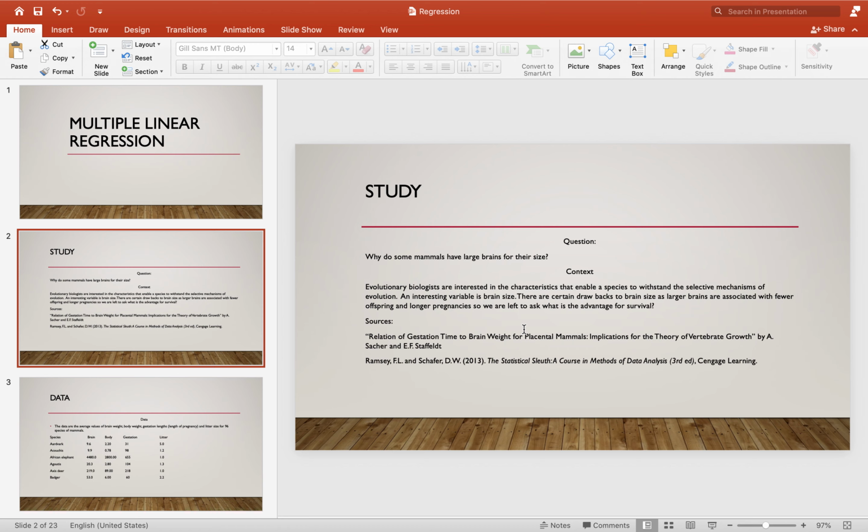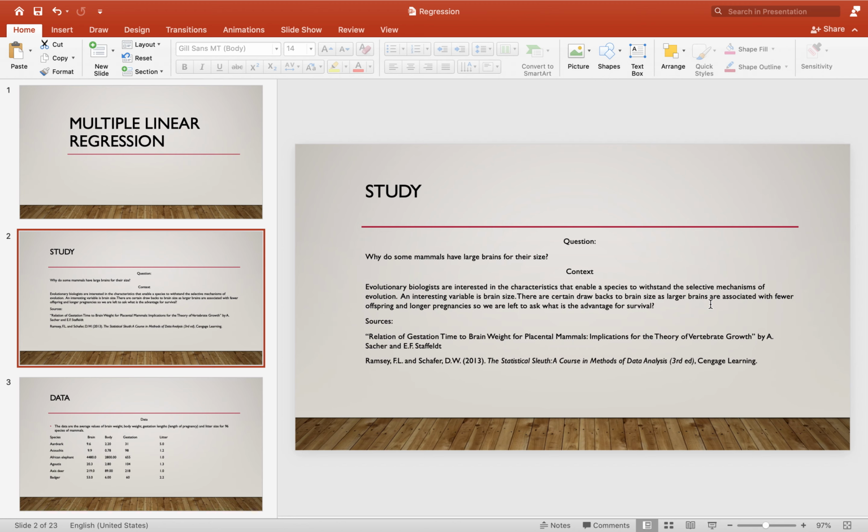Because the brain occupies a large space and it requires more energy the bigger your brain is. So the thought is, the bigger your brain is, the harder it might be to survive. And there are certain drawbacks to brain size. Brain sizes are associated with fewer offspring and longer pregnancies. So, if you have fewer children and fewer pregnancies, why would it be an advantage as a survival mechanism to